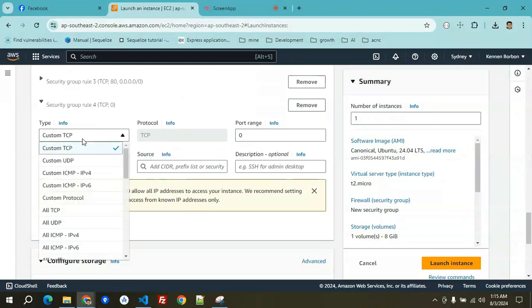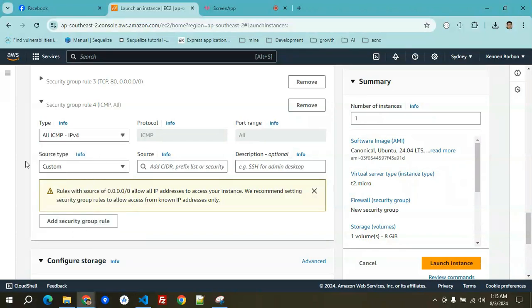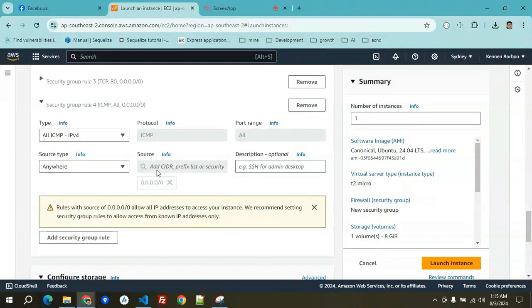In the type, you need to select all ICMP IPv4, and then set the source type as anywhere, so that you'll be able to ping the IPv4.